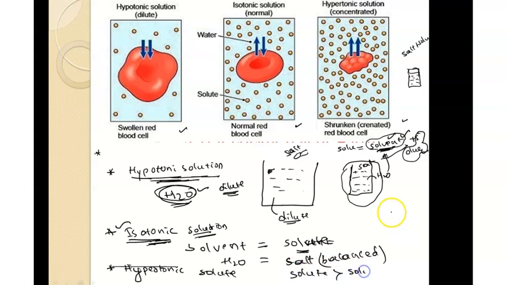That means if I have a glass of water here, let's say 100 ml water, and in 100 ml water I added 1 kg of salt. So what are you going to get? This kind of mixture is called a hypertonic solution. Why? Because solute is very high here, whereas solvent is very less. So these are the three different kinds of solutions we have.